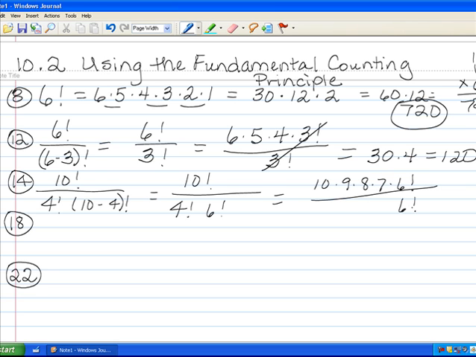So I'm matching it with the larger of these two in the denominator, and then we'll have 4 times 3 times 2 times 1. So the factorials cross out. 4 times 2 is 8, so we can eliminate that. 3 goes into 6 too. So now we're left with 10 times 9 is 90, times 7 times 2 is 14, so 90 times 14,